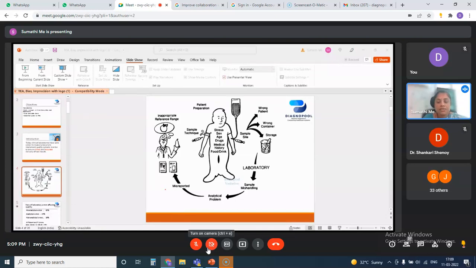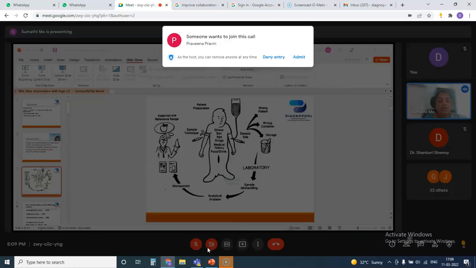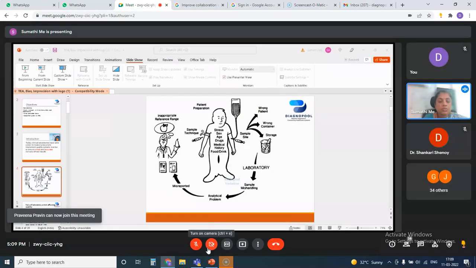So hope you have an idea about what the types of analytical errors are which can happen in the laboratory. So we have random errors and we have systematic errors. We are going to discuss in detail the random errors and the systematic errors. These are going to be the two important components in calculating our total error.